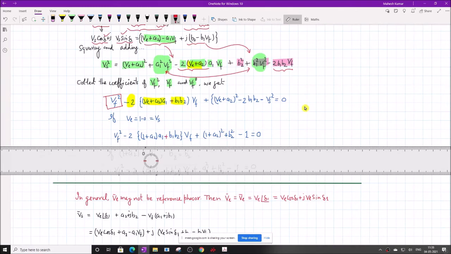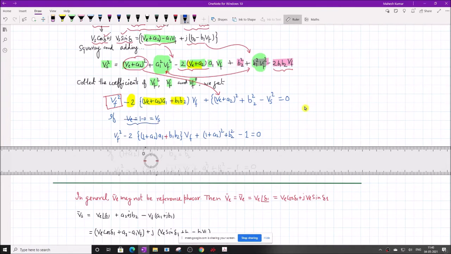Then plus BL plus A2 square, this term. Minus 2 B1 B2, this term will not come here actually, this has wrongly come. Minus BS square. So it will come as plus B2 square, B2 square is here, minus BS square equal to 0. Correct? Now when BL equal to BS,